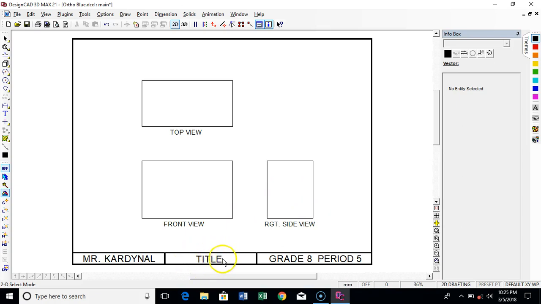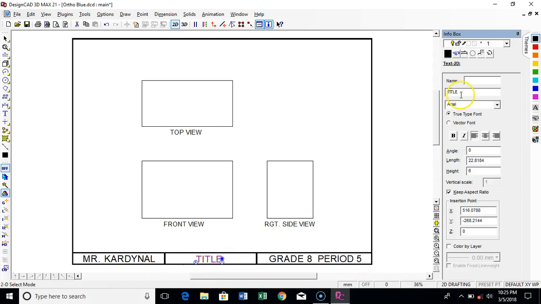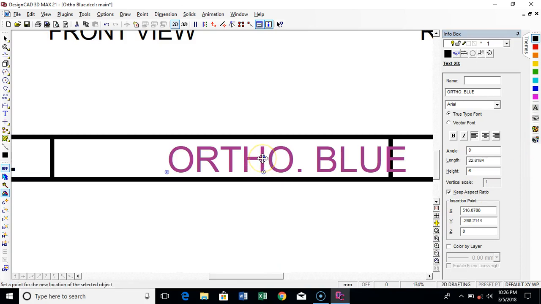So we're going to double click on your title block, and you see this little info box shows up. Let's just change that to Ortho Blue, all in capital letters, and press enter. And you'll notice on the bottom of the screen it's going to automatically change. But it's not centered anymore. So let's just do this. We're going to take this here,